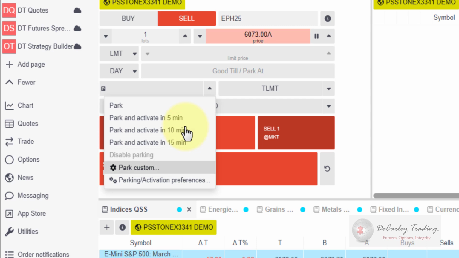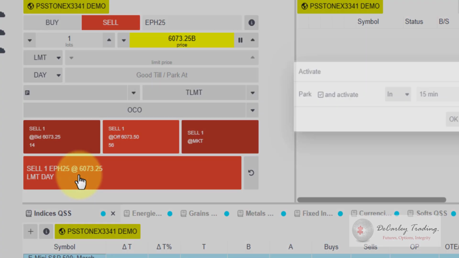I would assume that most of our clients aren't interested in parking an order for 5 or 10 minutes. If they're going to park an order, it's probably because maybe the market is closed right now and they want this order to execute on the reopen tonight, or perhaps they want to do a market on close order. So they want to buy or sell the E-mini S&P, but not now, near the close. You can do that by clicking Park Custom,